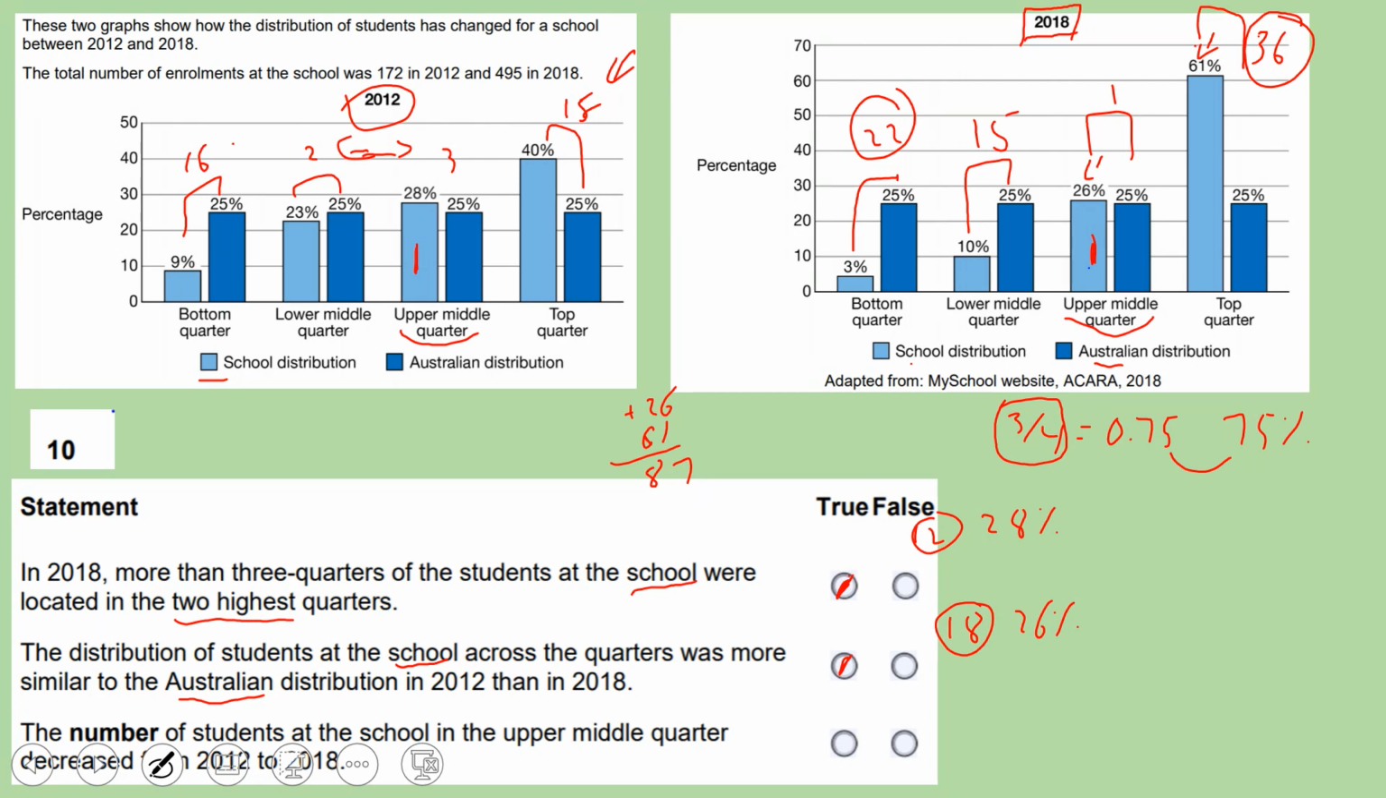However, this is not the same amount of students in both years. There's 172 in 2012 and there's 495. So we need to figure out what is bigger, 28% of 172 or 26% of 495. And again, that's just done by multiplying the decimals, 0.28 and 0.26. So if you do 0.28 times 172, and if you do 0.26 times 495,